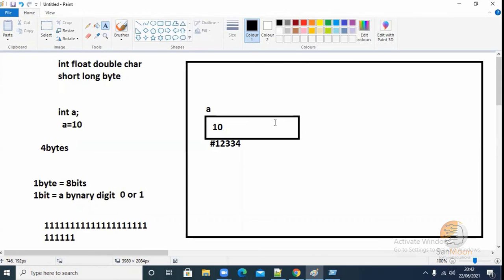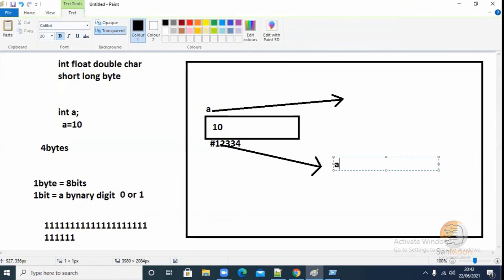Like that. And you need to remember, a variable will have two things. One is the name of the variable. Second one is the address of the variable. This is very important to understand. You are getting it? So this is called the address of the variable. Second thing, the name of the variable. This is called the name of the variable. And both of these are identifications of the variable.